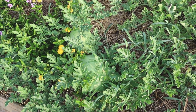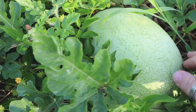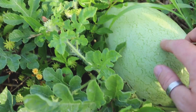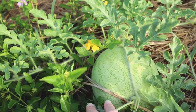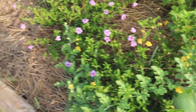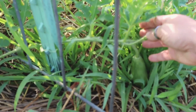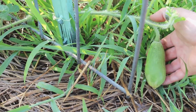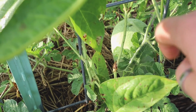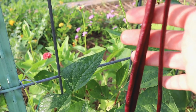Right here, the Charlotte Gray watermelon. Look at how big this thing's getting. Isn't that gorgeous? This is the biggest one. We got one right over there that's about the size of a cantaloupe right now. And then, this week I noticed a couple more. We've got one right down in here. And we got another one right down in there, standing up on end and growing, right under the Chinese noodle